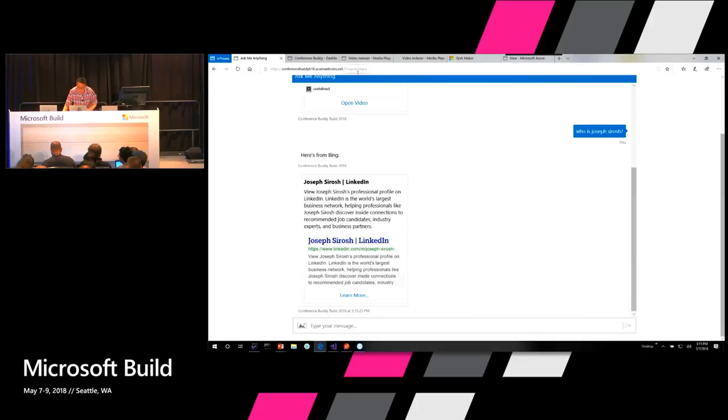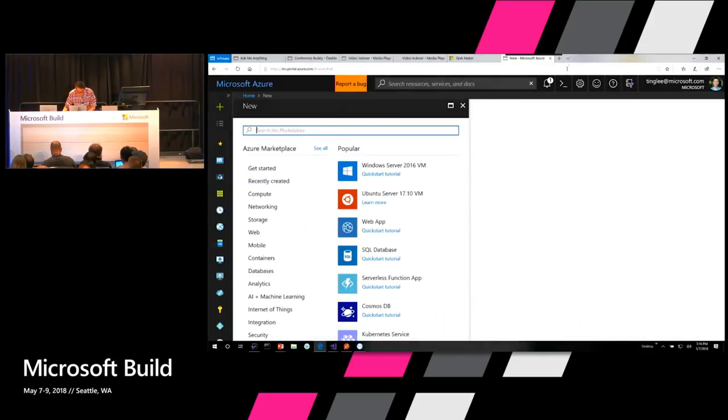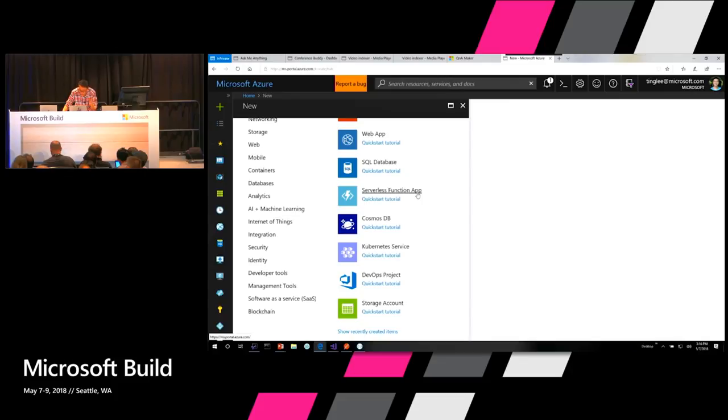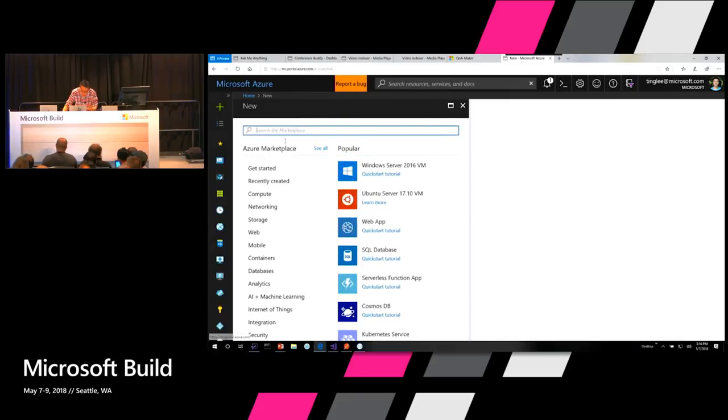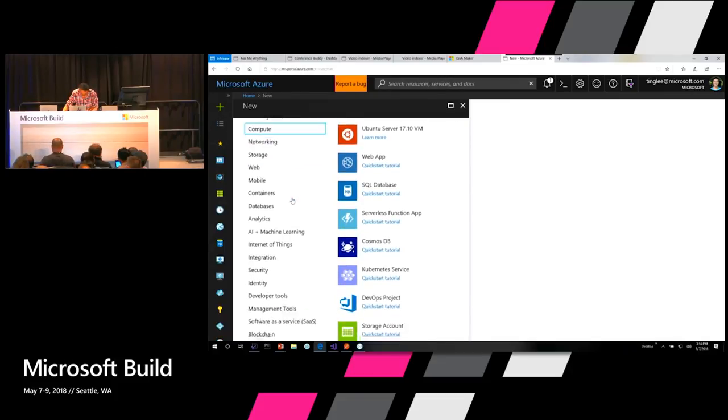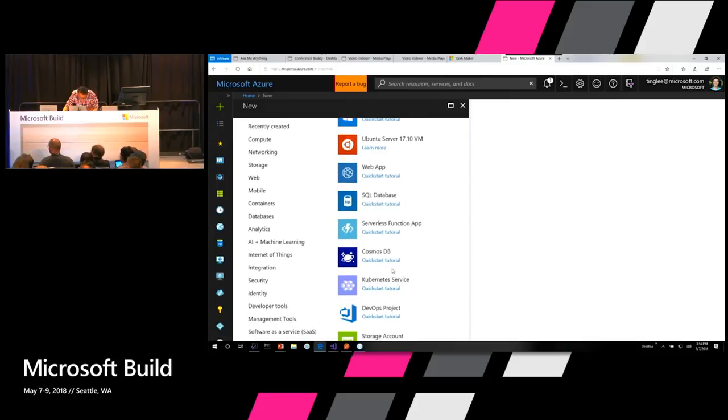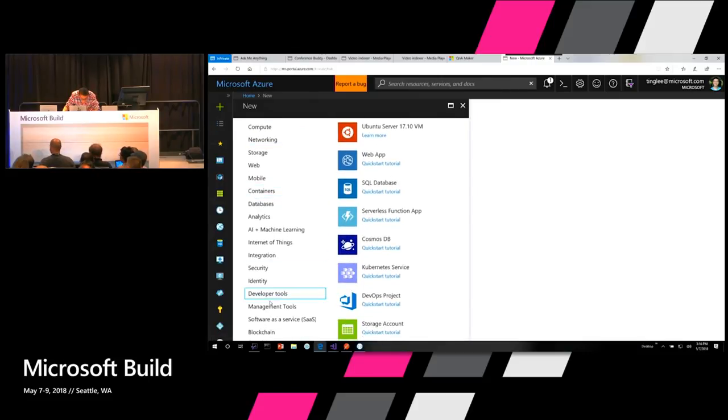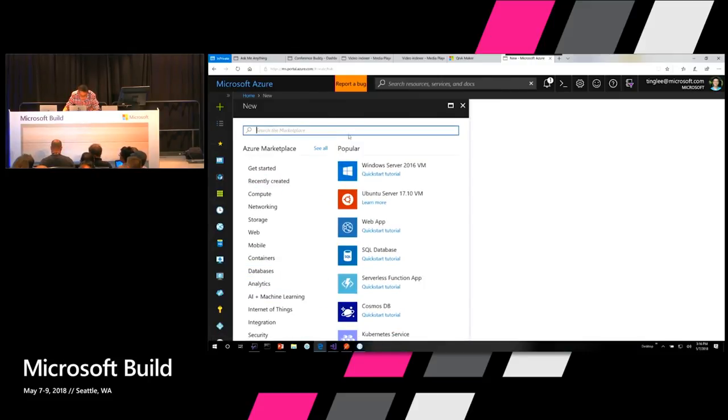And basically it's just another cognitive service called Bing Search, which you can go to Azure and search for. And you can add that to your deployment itself. So if you go to Azure, you click on the plus sign, and then you can search for it, called Bing Search.